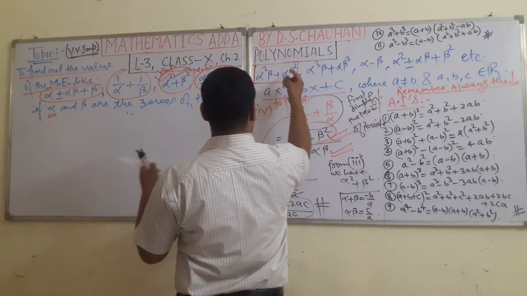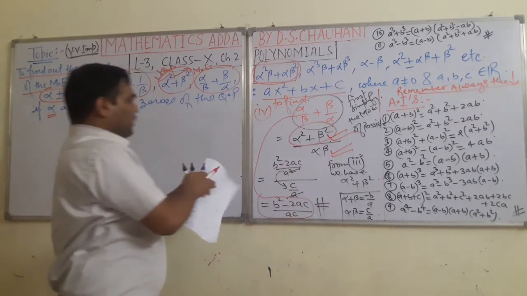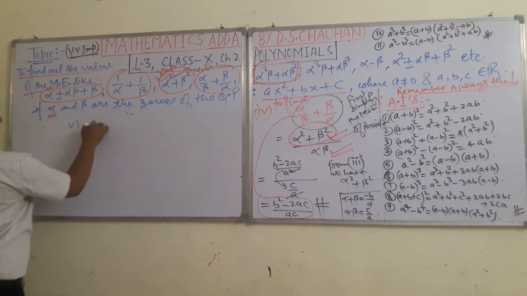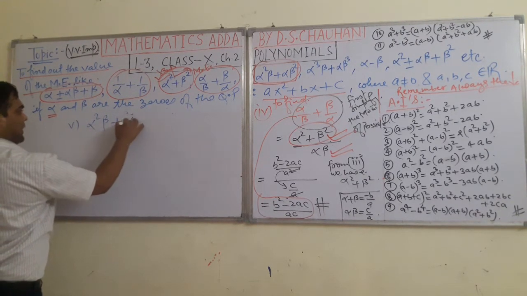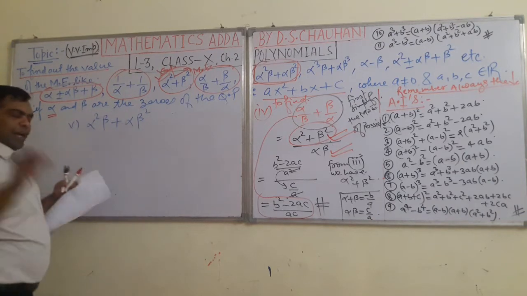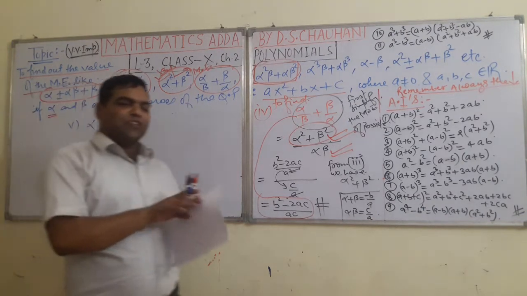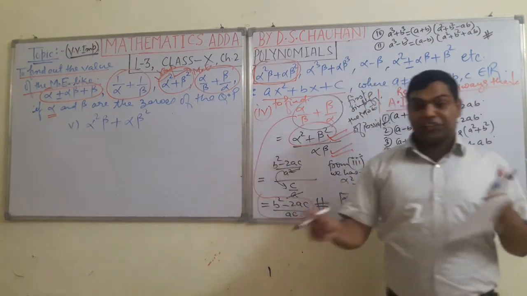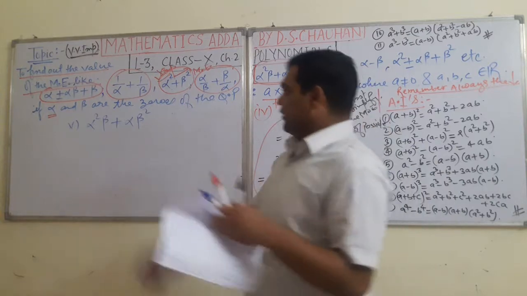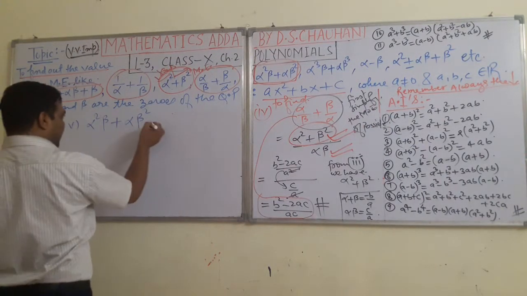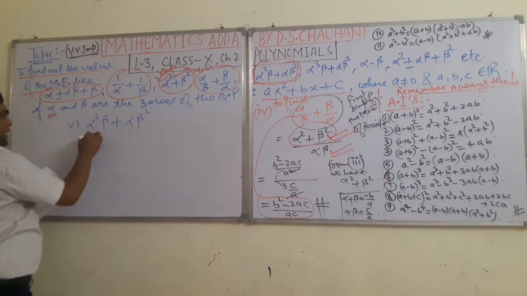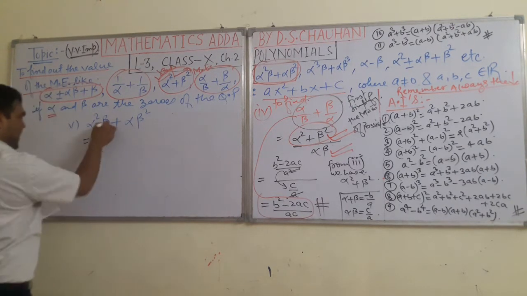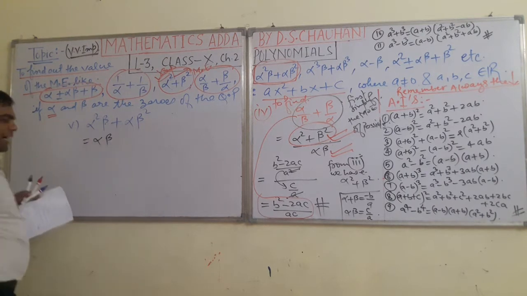This is alpha square beta plus alpha beta square. See, try to understand here. Now the fifth topic, this is alpha square beta plus alpha beta square. Students, whenever you will see any mathematical expression, first of all, try to simplify the given mathematical expression if it is possible. See here, in this expression, if you look clearly, we can simplify this. In these two unlike terms, something is common. What is that thing? Alpha beta. So take out alpha beta as common.